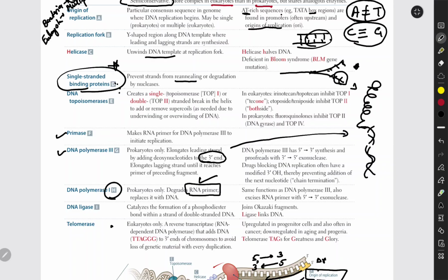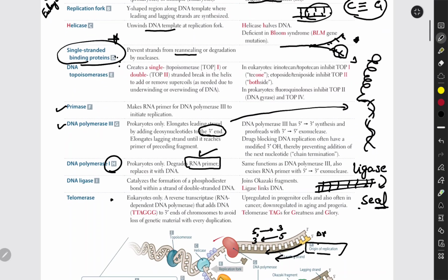As soon as that is done, the DNA ligase is formed, you need to seal, right? You need to seal the strand again to make it functional. So this is done by ligase, so it seals at the end. Then I would go over telomerase at the end.